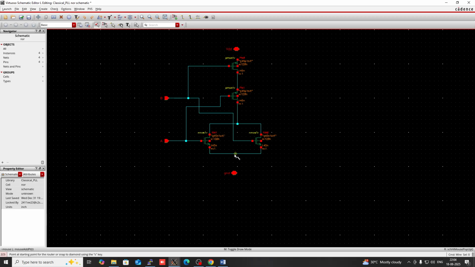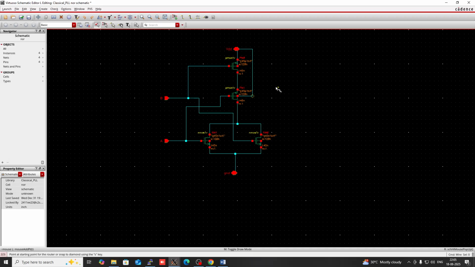Now I am going to connect the drain of NMOS with ground and the source of NMOS with ground and the source of PMOS with VDD. Then the body should also be connected with VDD. So I am going to connect the body of PMOS 1 and PMOS 0 with VDD. Then this should be connected with ground, so I am going to connect it with drain source because source is already connected